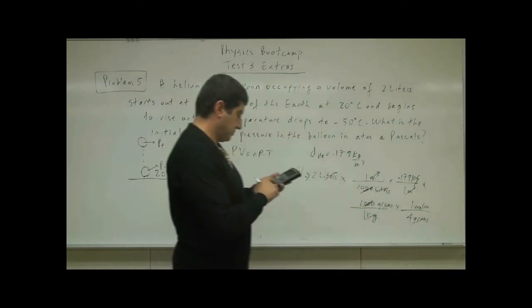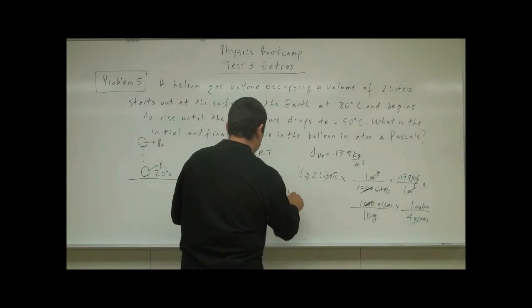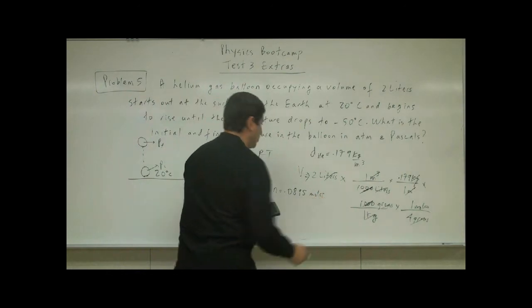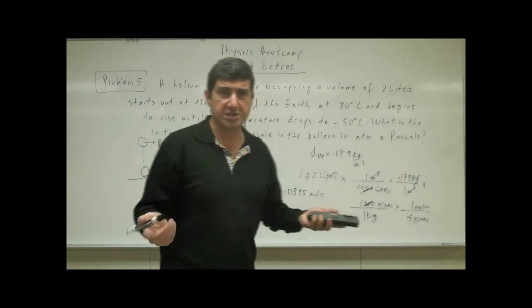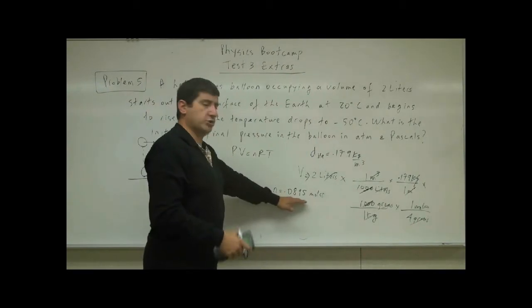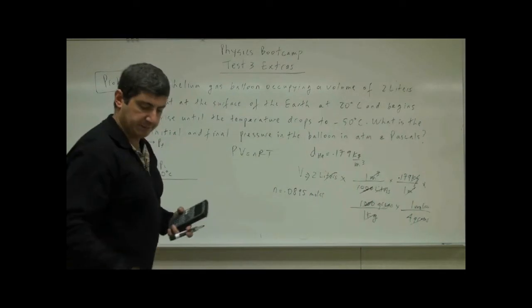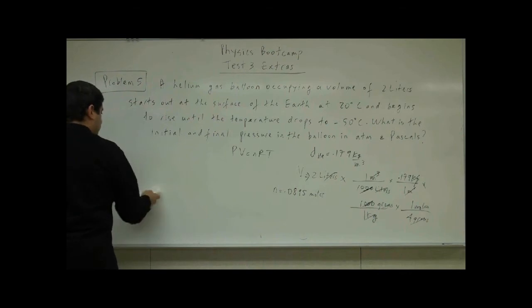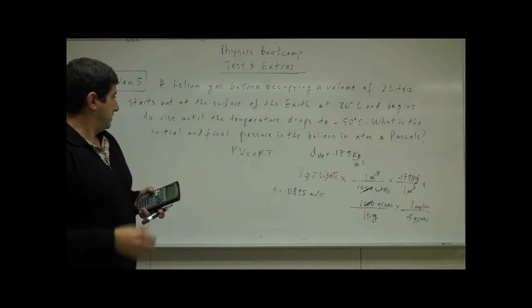Divided by 4, that gives you the number of moles, 0.0895 moles. So in a typical helium balloon, occupying a volume of about 2 liters, you're going to have about 0.0895 moles. So we can put that in here now. Okay, so now,